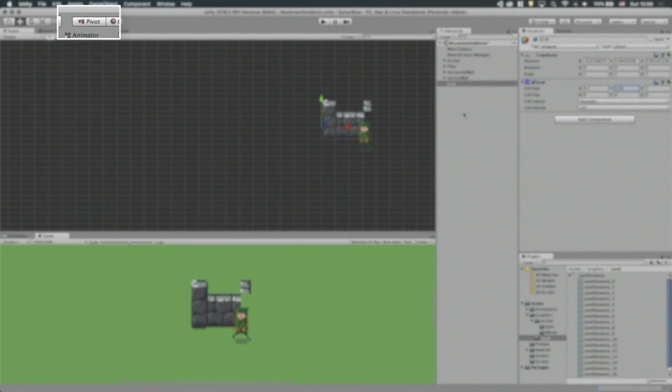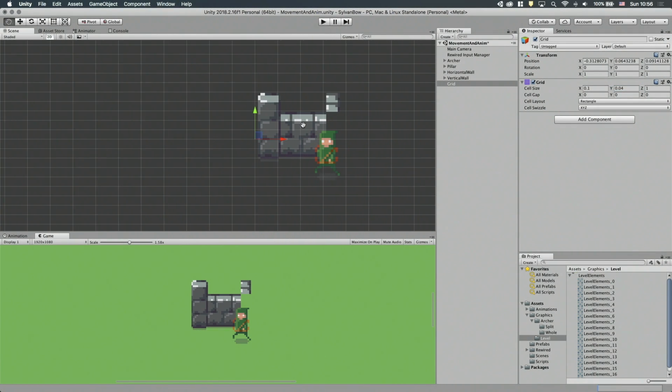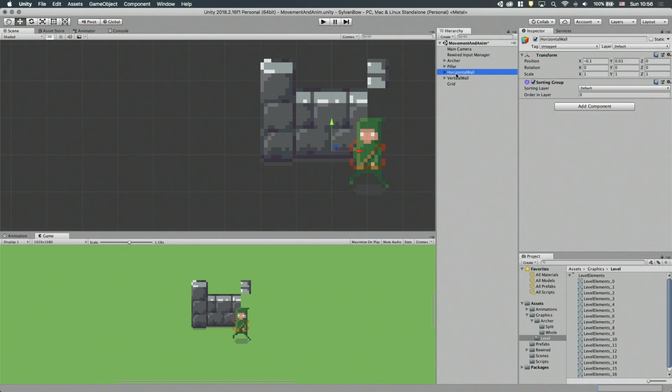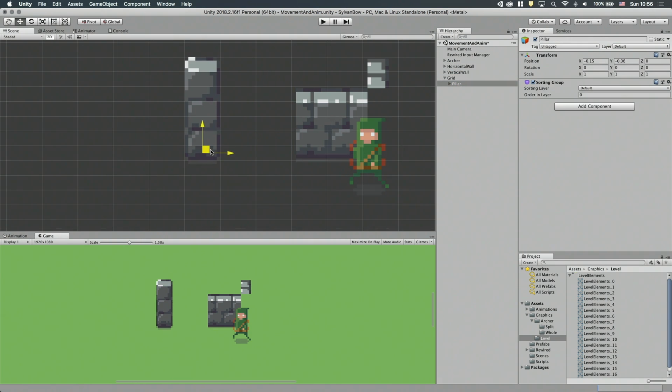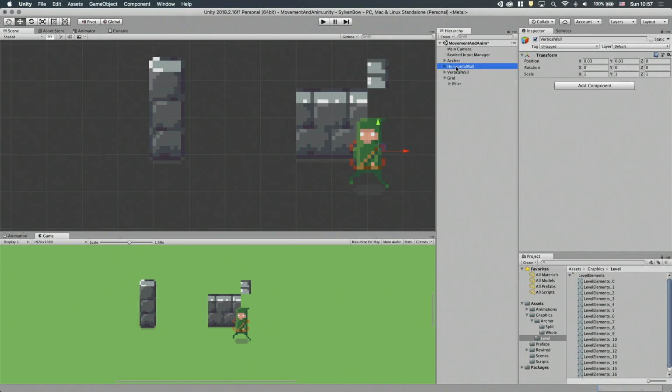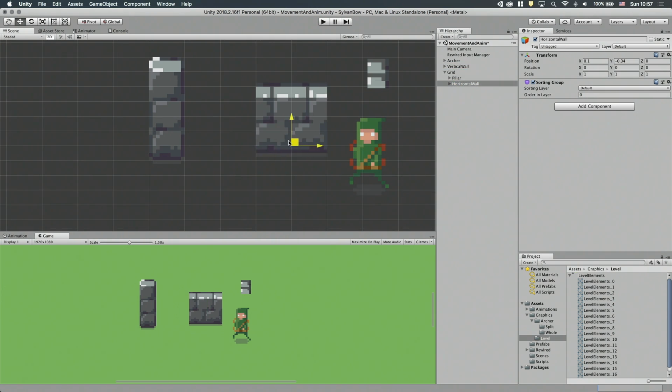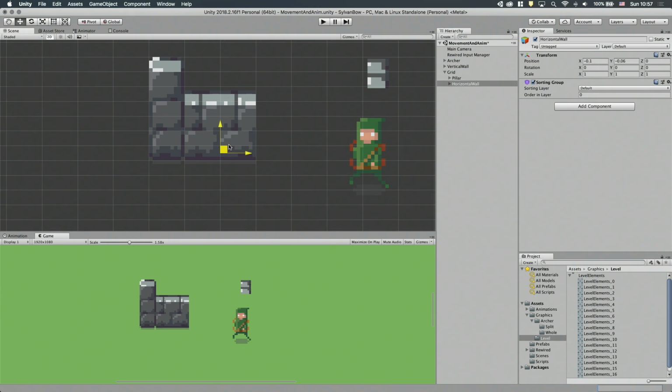I've also changed the tool handle's position from center to pivot. Now, if we make the pillar game object into a child of the grid object, then it moves according to the grid. The smallest amount we can move something in a grid is 1/2 of the cell's size. Let's drag the horizontal wall game object into the grid as well. It's not bad, but we want the wall to be 1 pixel up in the y-axis.